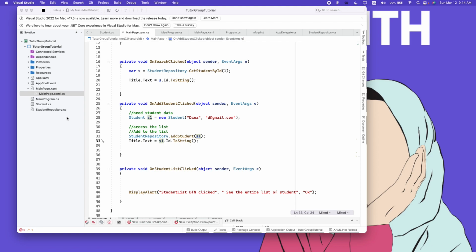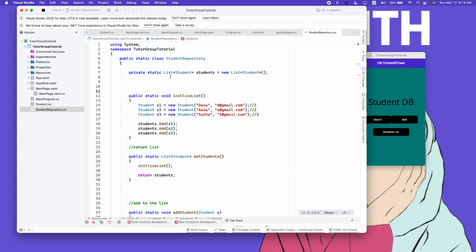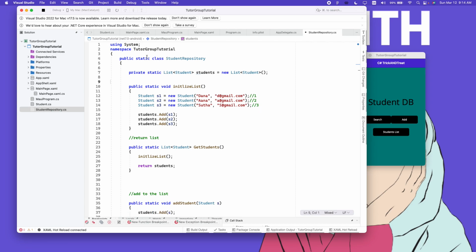So as we said, always remember data needs to be separated inside a different class, and we make it a static class where I don't give the ability to create an object of this class, which means I will only have one list that is controlled by this class, and everything inside this static class needs to be static as well. Okay,